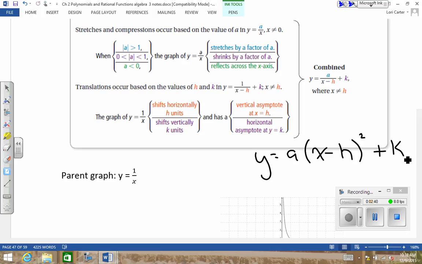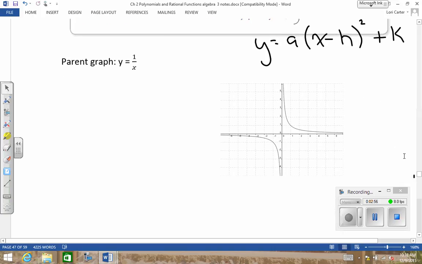All right. None of that changes. All right. And remember, it's always opposite of H. This is the same thing. It's just in different spots. And now instead of the H and K being a vertex, they're asymptotes. The A is still a stretch, still a reflection. So far? All right, so when you look at this here, this is a parent graph, y equals 1